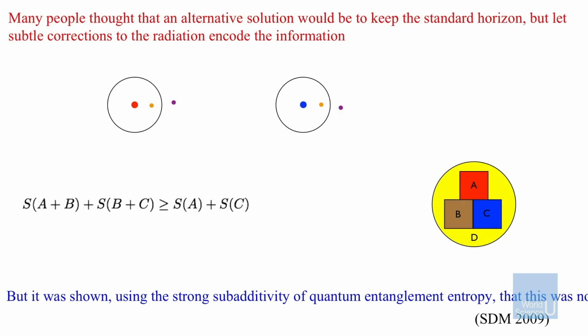Many people thought that these small corrections might encode the issue, and we could still keep the old structure of the black hole. But using these powerful theorems of quantum information theory, we know that's not possible. We can actually prove you need a complete modification of the horizon, not a small modification, and therefore you might as well take the fuzzball solution. It is a complete modification. You needed one. You have it. Even though you can't check it for all black holes and all states, it looks plausible. That's the way things should work.